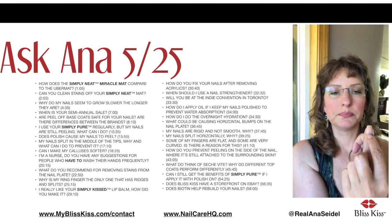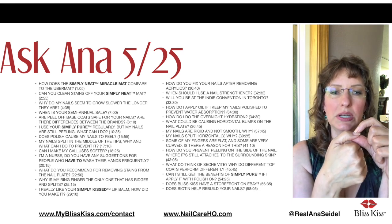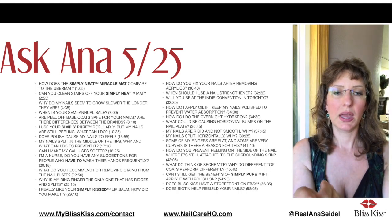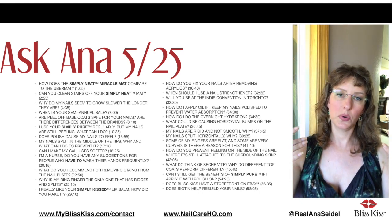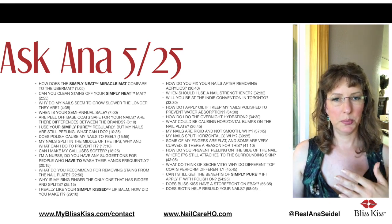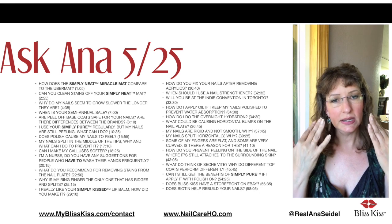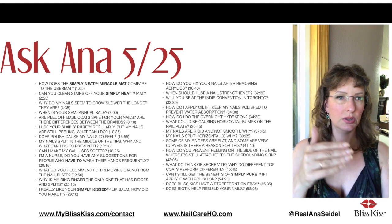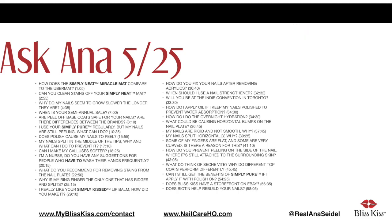So all of those layers are dead. Once they get past the end of that lunula or the matrix, it's dead, just like your hair is dead. And biotin can help internally if you don't have enough biotin in your diet. There are many people who, if they take just straight biotin, get acne, but then they're able to use a hair, skin, nails formula, and that will reduce the